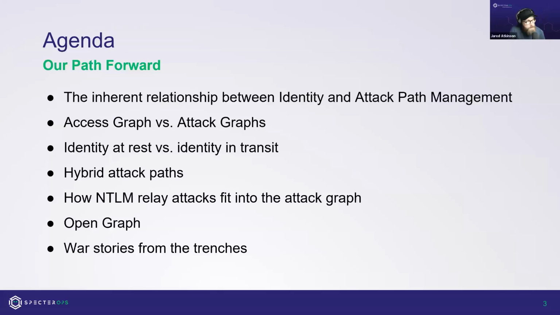There we go. Cool. So in this presentation, we're going to talk about the inherent relationship between identity and attack path management. So we've started to call this identity attack path management and combine those two paradigms together. We're going to talk about the difference between an access graph and an attack graph. We like to think that BloodHound is really focused on attack graphs, and we'll talk about what the distinction is there. We're going to talk about a new paradigm that we've started to talk about, which is identity at rest versus identity in transit. We'll talk about what we think is the